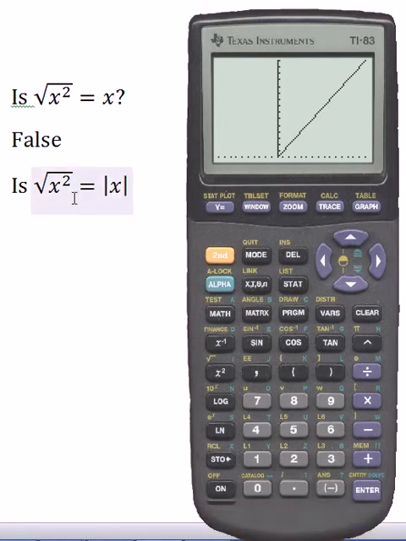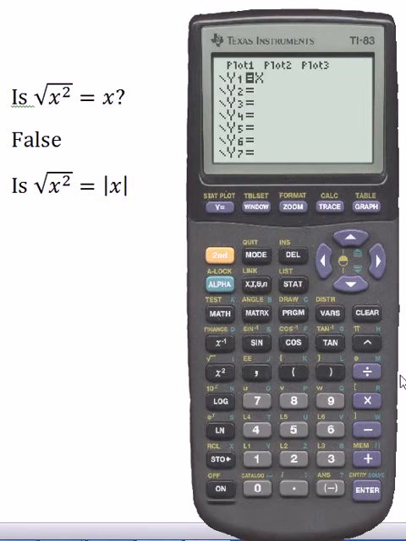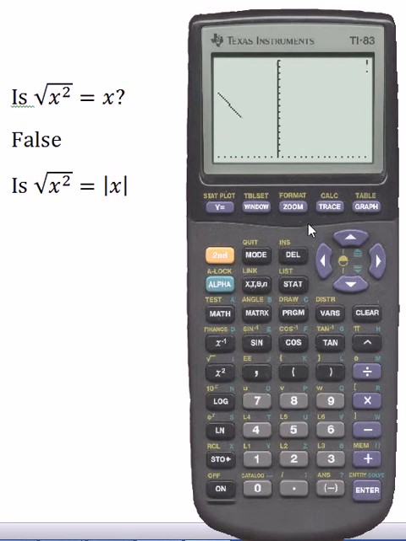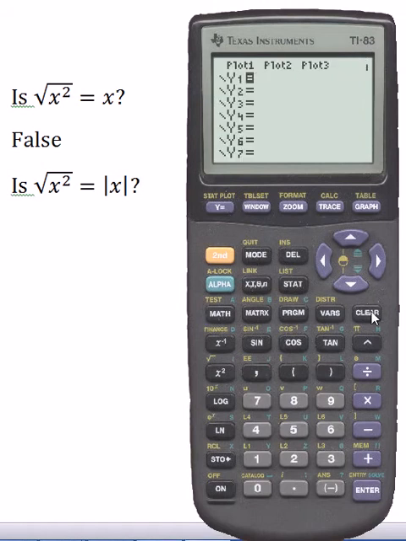So we can see that if you remember that the square root of x squared looked like this. Now let's go ahead and check out the other side of the equation for this new problem and see if it's true. So we can see, let's go ahead and put a question mark, that's what we're trying to check,